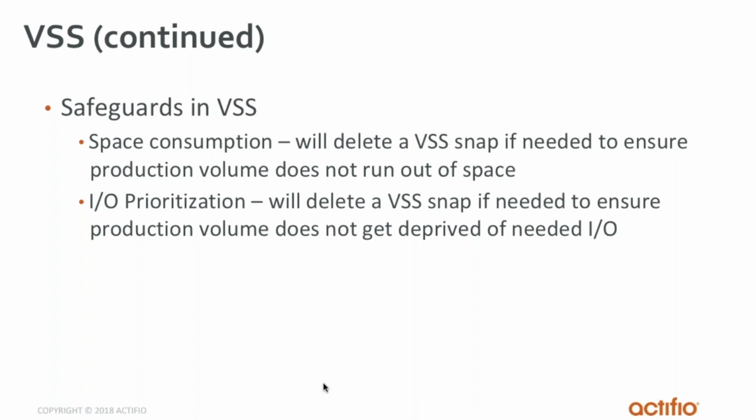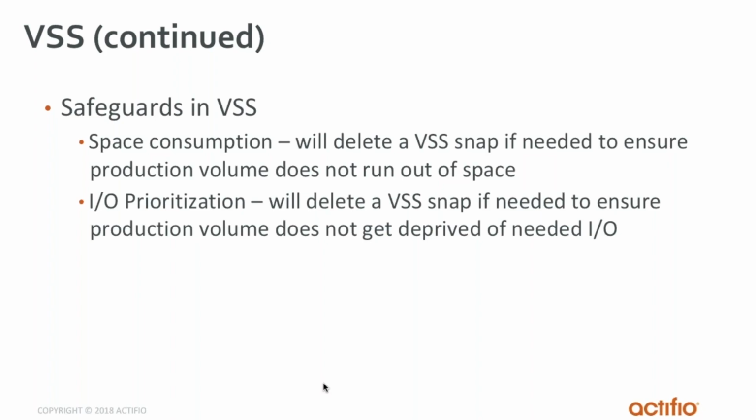And while most people probably know that VSS has that space consumption safeguard, they might not know that it also has an IO safeguard. And I saw this too just a couple of weeks ago at a customer site, again trying to take the first full backup on a couple of volumes. They had about 50 volumes in scope, and 2 of them had much higher IO. And it wasn't even all write IOs. It was a lot of read IOs. But what happened was